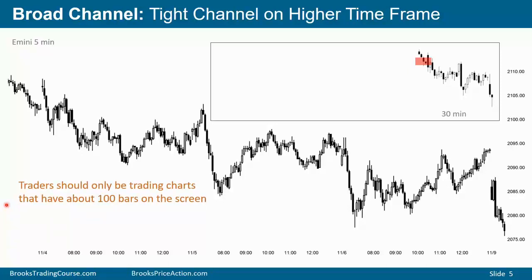Whenever you're trading, you should only be looking at 100 bars on the screen, maybe 150 bars, and you trade the bars that are in front of you. However, to see a broad bear channel, you have to look at 200 or 300 bars because you usually need at least 3 legs up and down to conclude that it's a broad bear channel, and several of the legs will have 10 or 20 or more bars, and that means you often have to look at 200 to 300 bars to see the broad bear channel.